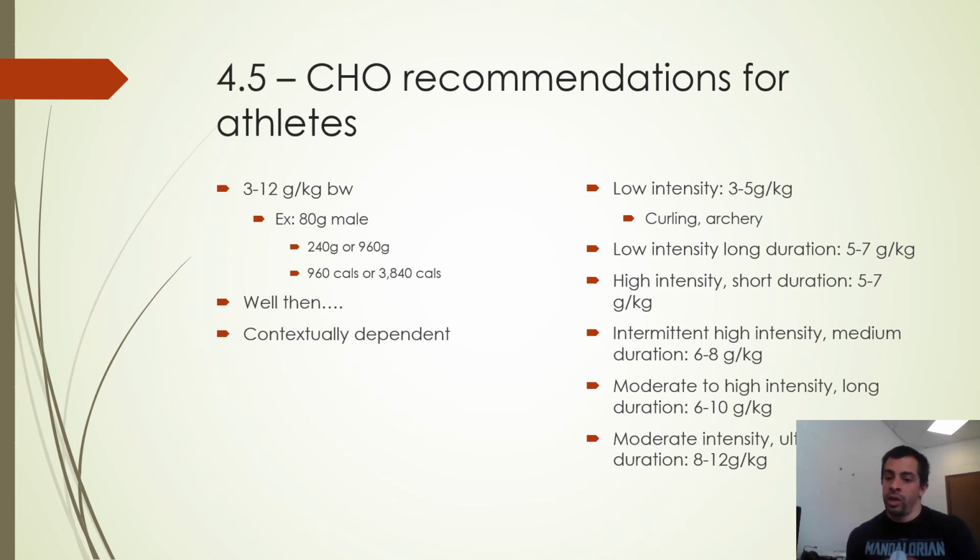Now the obvious thing is those super endurance sports. People that train or compete for greater than 2, greater than 3 hours are going to be on the high end of that spectrum. For the average person that works out for an hour a day, they're probably in that 5 to 7, maybe 8 grams per kilo. Ultra endurance sports are going to be on that super high end range. If your sport is super low intensity or very short, you might want to be on the low end of that range.